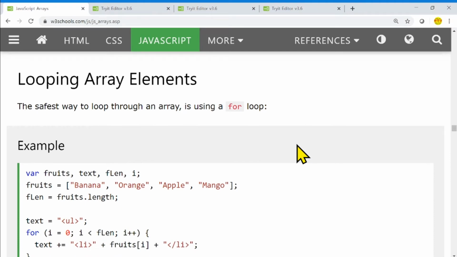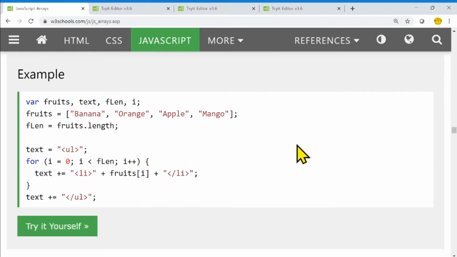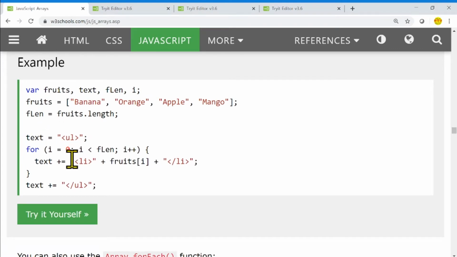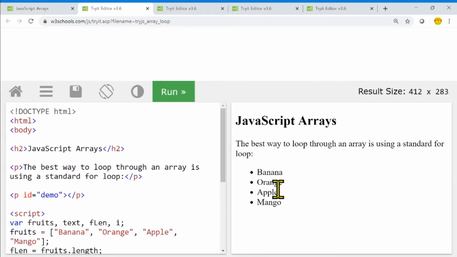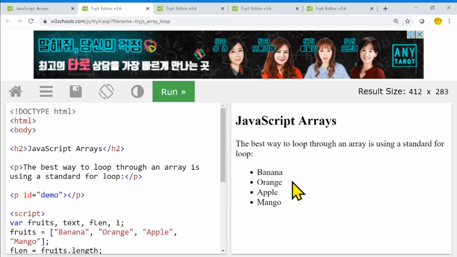And in this way, we can use this for loop. With this for loop, we can repeat, and we can compare with this condition, and we can increment, and finally that will be finishing that repetition, and until that time we can access the whole elements in this way. And here we are concatenating with the HTML elements, then we can show out the result like this. On ordered list,